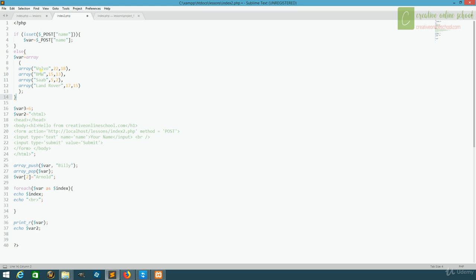Here I have a list of some car names and then some random numbers. Now, what's going to be interesting here is now that this is an array of arrays, our for each can't process it anymore because now index is going to be another array. So what we're going to have to do to resolve that is stack our for eaches. So we'll go inside and we'll say for each